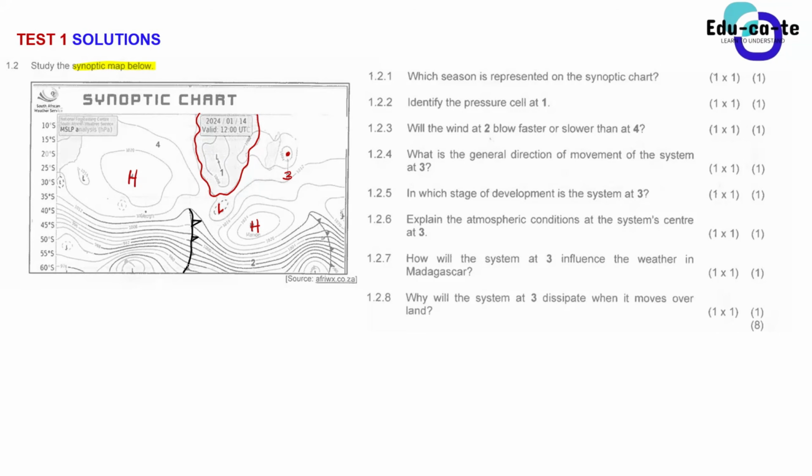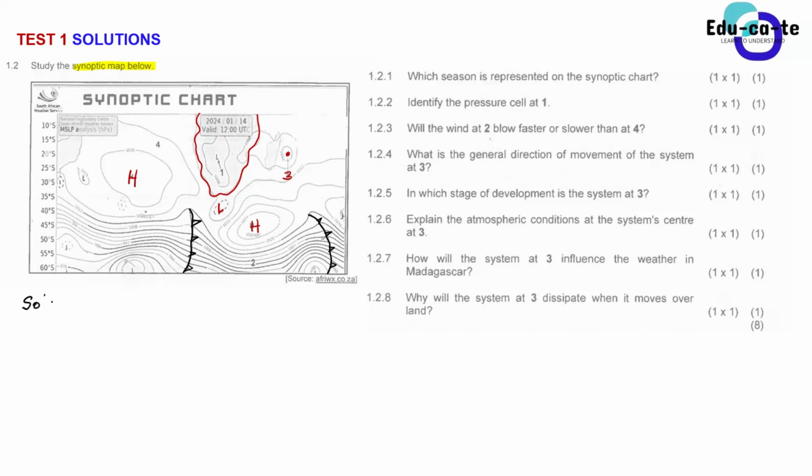Here there's also another line that looks alike, and this line has got spikes. So in case you cannot see the diagram, I'm highlighting the important points so that you are able to see. So are you guys able to see now the synoptic weather map? Can you see South Africa, the land? Yes, sir. So now let's look at this and answer the question 1.2.1 to 1.2.8.